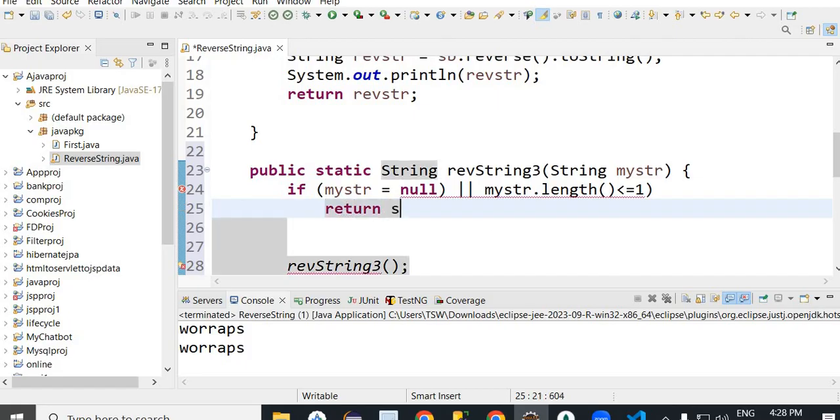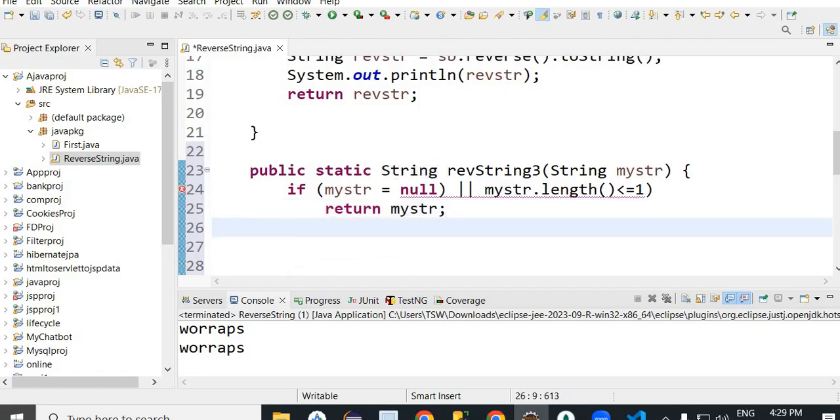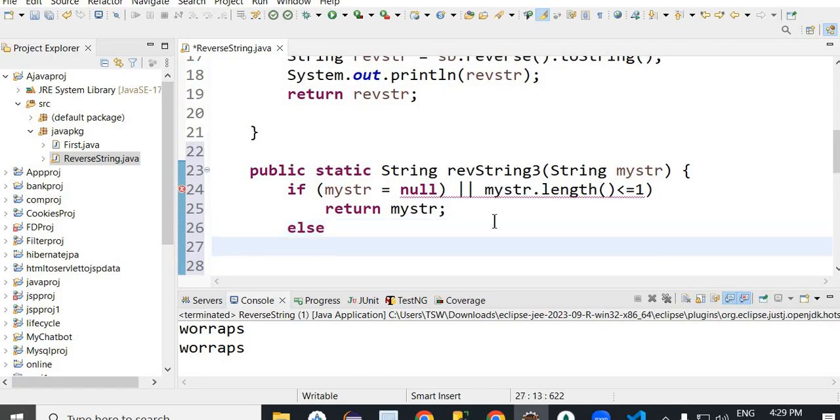Return your string, that means mystr. But if there are values in this one, then what you will do is go to your else. In the else, you will have to call this method. What method? Reverse string. But keep in mind,